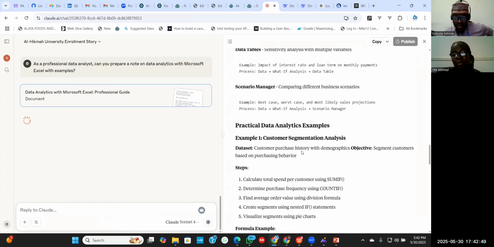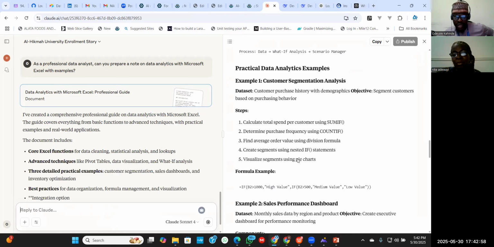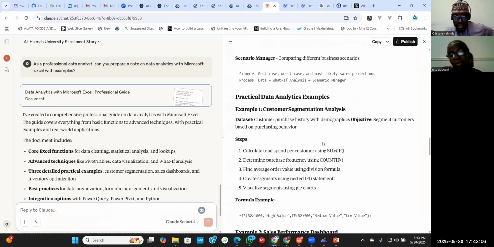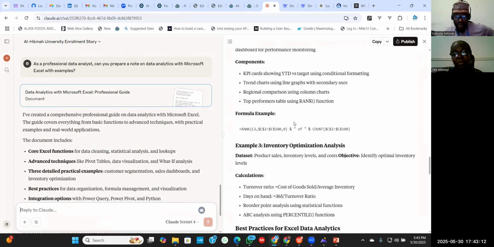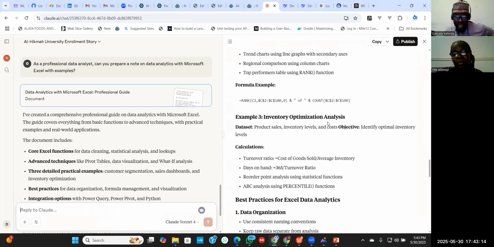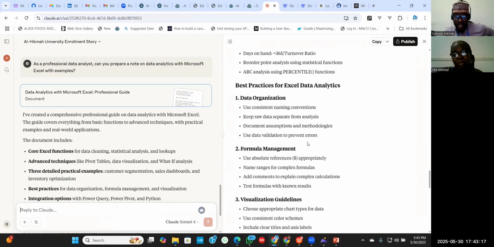So data set, customer purchase history with demographics. Objective: segment customers based on purchasing behavior. So you can use some IF steps to analyze the data set. Example 2, sales performance dashboard. Example 3, inventory optimization analysis. So best practice for Excel data analytics.